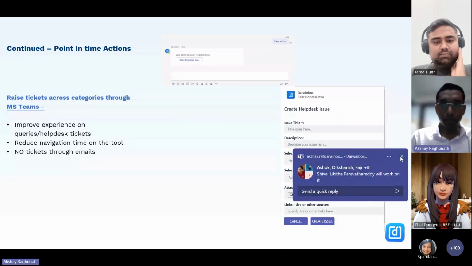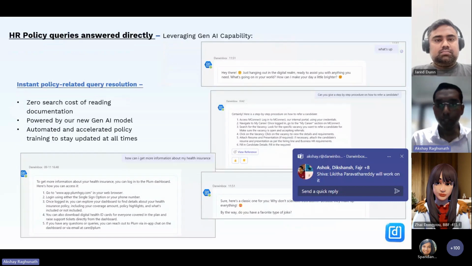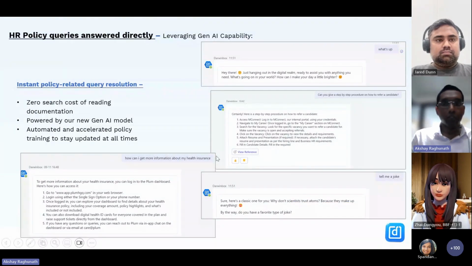Yeah, this is the help desk scenario. So I will move into a demo in a short while once I'm covered with the slides. So this is